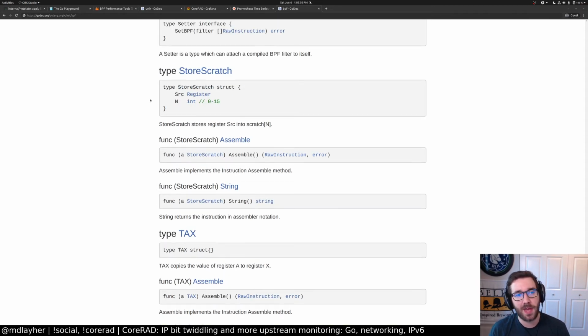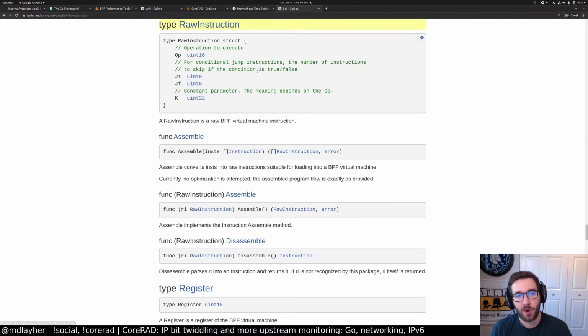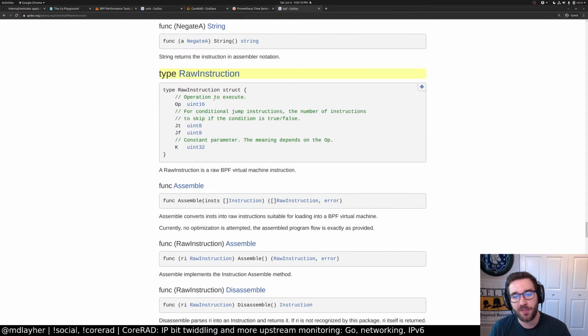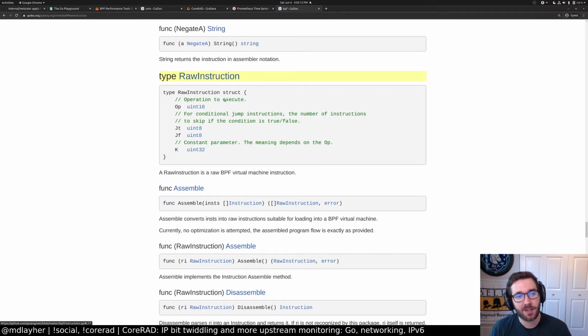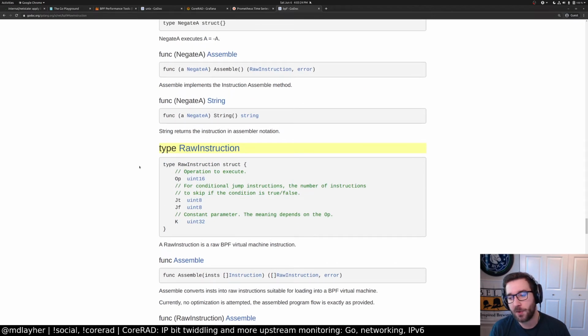You can use the x/net/bpf package and these high-level types. It will assemble them into the raw instructions that are the opcodes. So you would write high-level Go syntax and then use the assemble function, which produces these raw instructions, which are then compatible with setting into BPF filters. So this should work, I guess, if I understand your question.